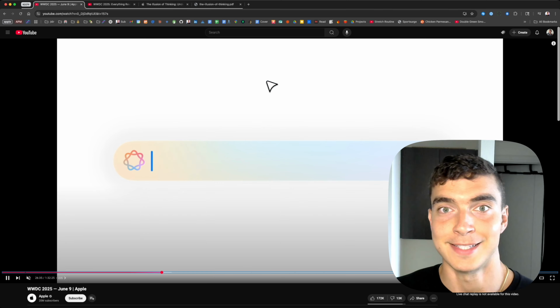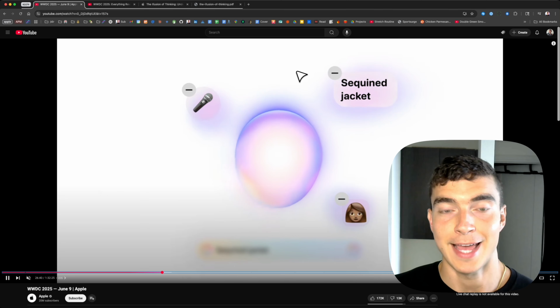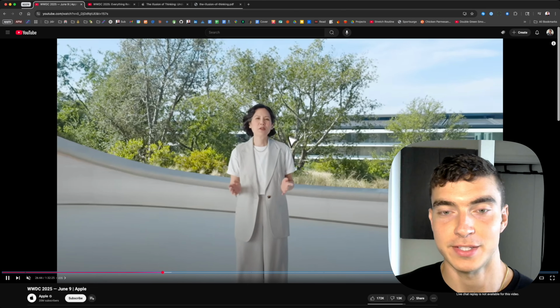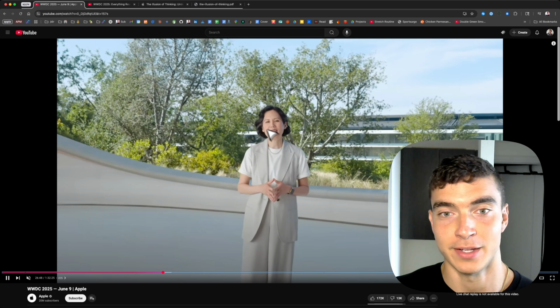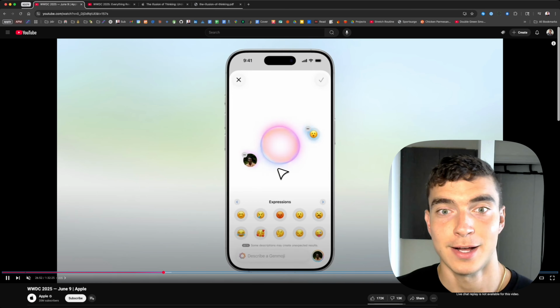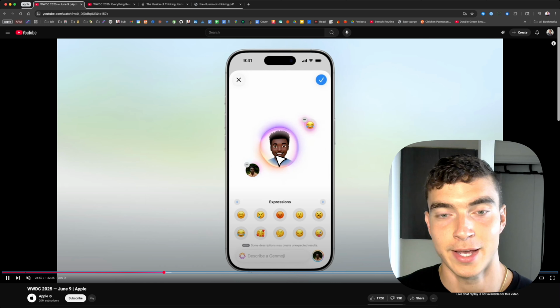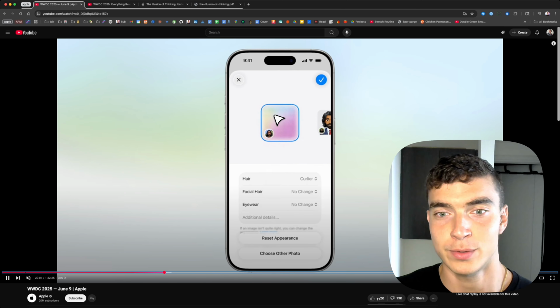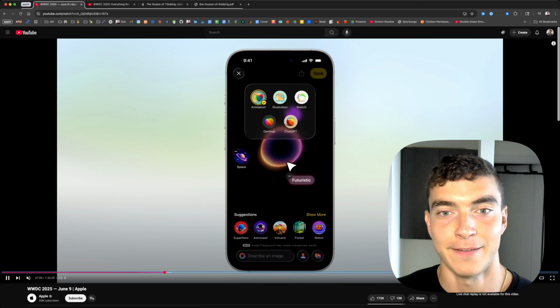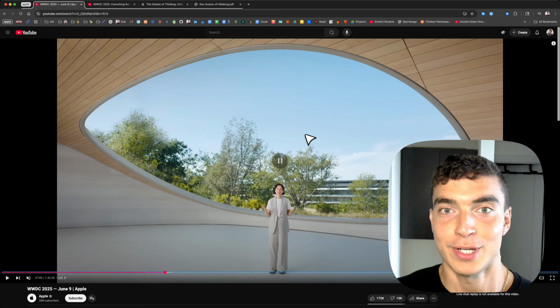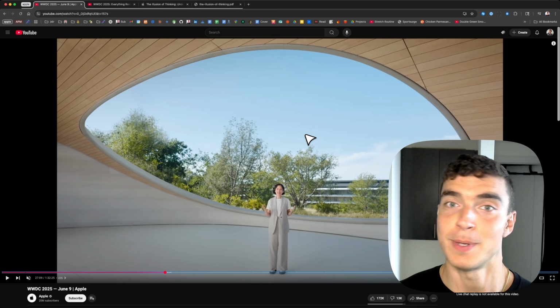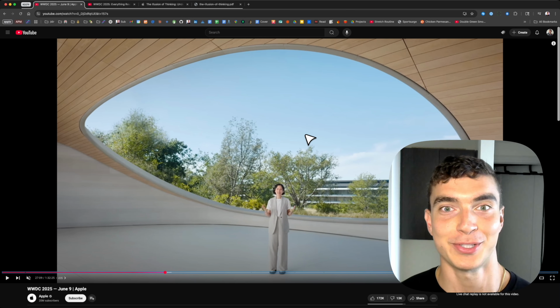Another AI update is the update to Genmoji and the AI Image Playground. You can see a demo here where they're mixing emojis together to make one. Also some ways to make an AI emoji of you, change the style, stuff like that. Personally, I'm not a big fan of this. I don't really trust people that have AI profile pictures myself.